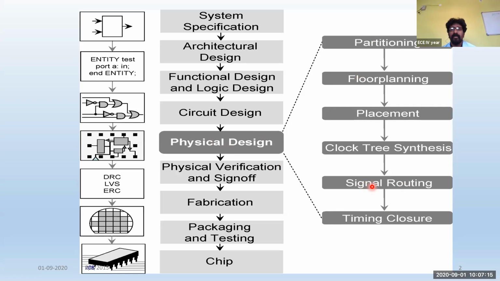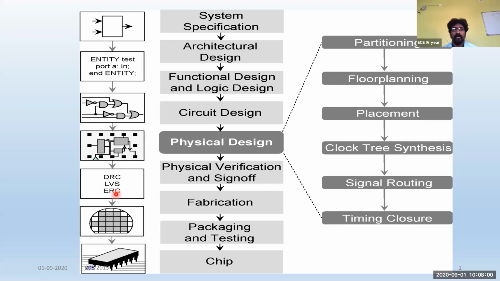If this has been completed, we'll go for the verification part, the physical verification and sign off. Physical verification is like a validation. You're trying to validate that this particular design is correct, and we can send this design to the foundry for the fabrication part. In this physical verification, you'll have the DRC, a design rule check, and LVS, layout versus schematic. ERC is electrical rule check. So these are the three different kinds of verification where you will be looking into this particular design,